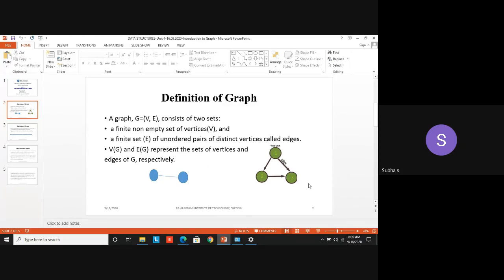Okay. Similarly, look at that second diagram. I have three vertices. Just I named those nodes as node 1, node 2 and node 3. We can call it either as node or vertex. Both are same. Similarly, this node 1 and 3 are connected through one edge. We can call it as what? E1, edge 1. Then 2 and 3 connected to another edge, E2. We can label it using any name. Then 1 and 2 are connected using another edge, E3, like that. So, all the nodes are connected through edges. So, this representation is called as graph.